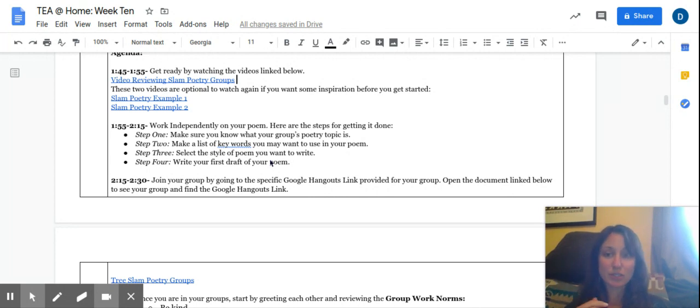So, in your agenda, as you can see, I've outlined 4 steps that you should all get through before you meet with your group. The first step is making sure you know what your group topic is. For example, if you're in the group that is going to educate people on trees, then you need to make sure you know that before you even get started on the rest of this. So, make sure you check the document that's linked in to make sure you know what your topic is